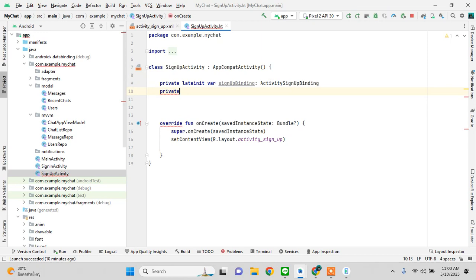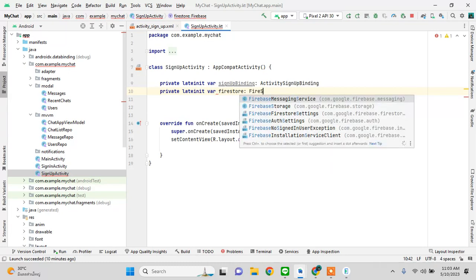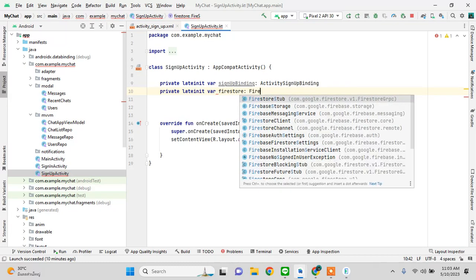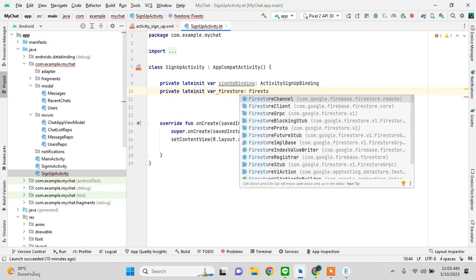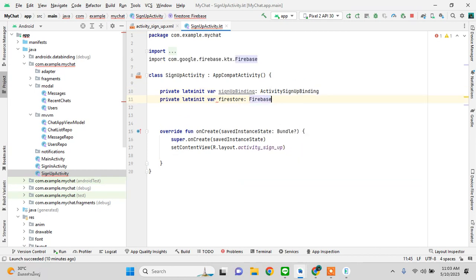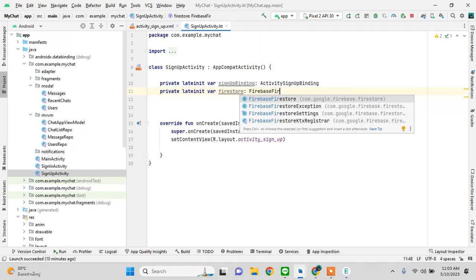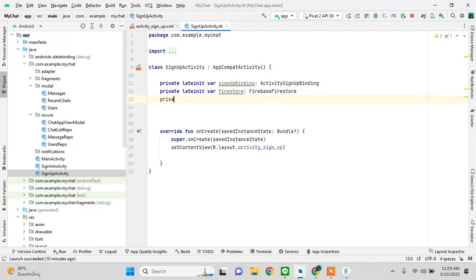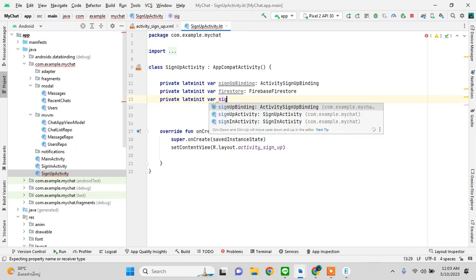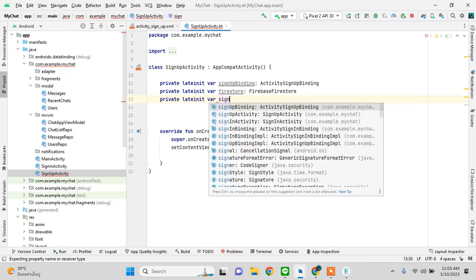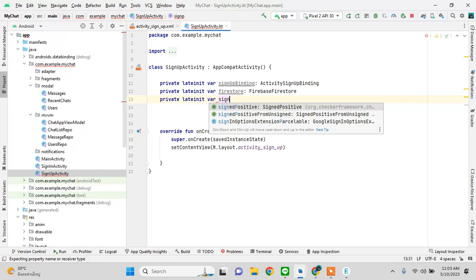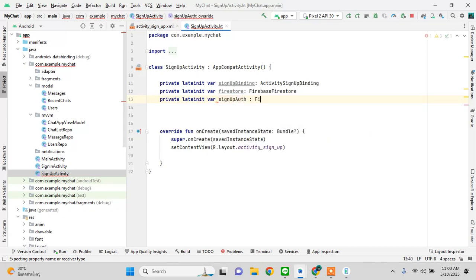Private let init var firestore, Firebase Firestore. Oh wow. Okay, private let init var sign up auth, Firebase auth,